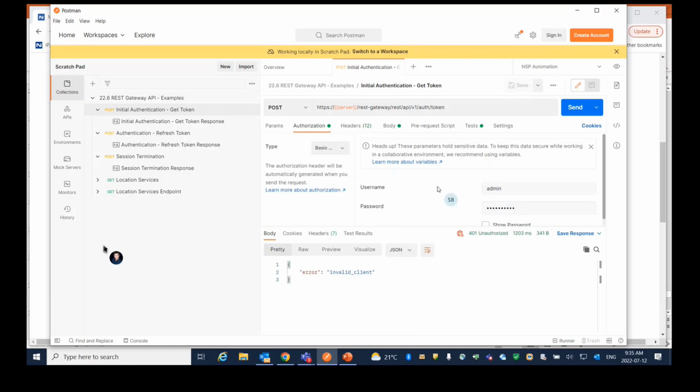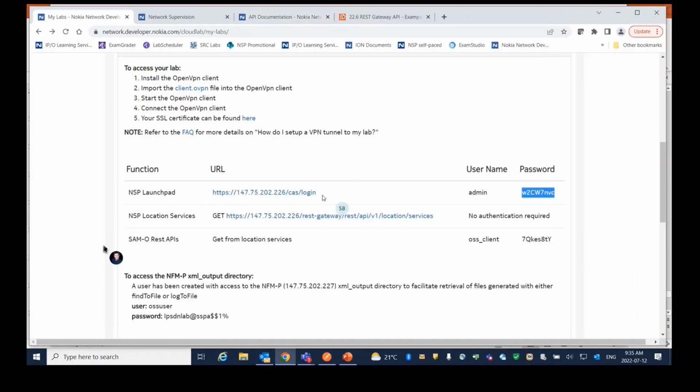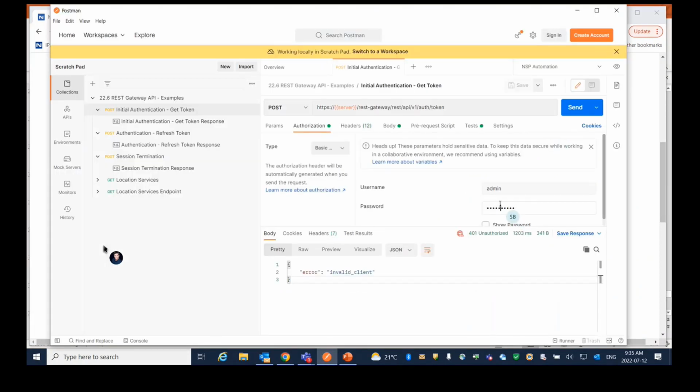Oh, invalid client. So I probably, let's see here. So 202.226, probably this, Control C. Yeah, so it was that, because it looks like it's different automatically. There we go. So once I pasted in that new password, you can see now that I'm given an